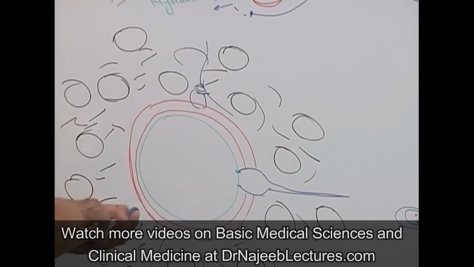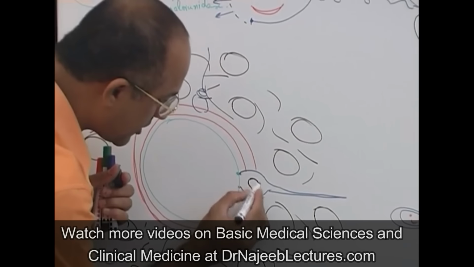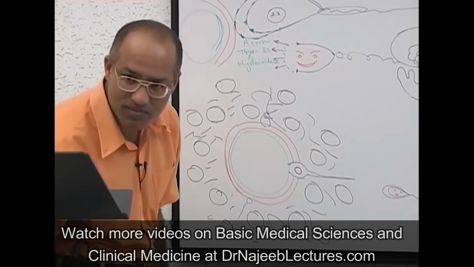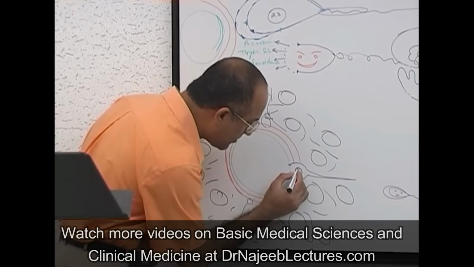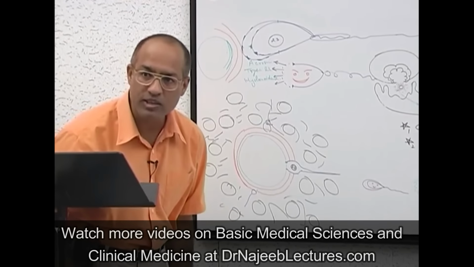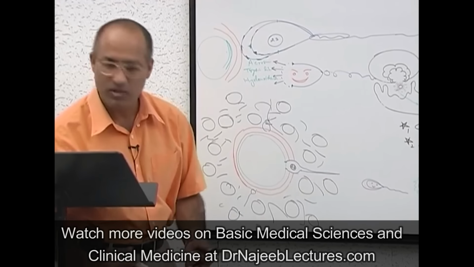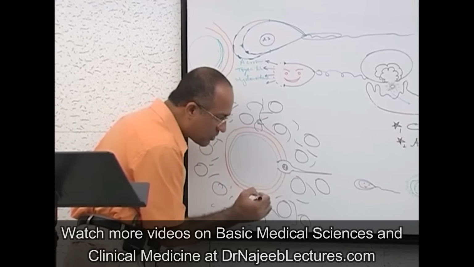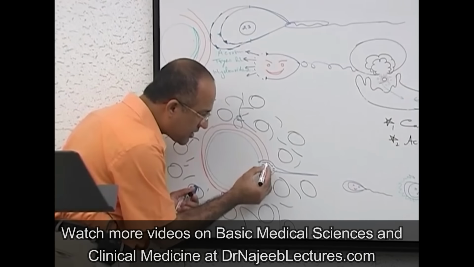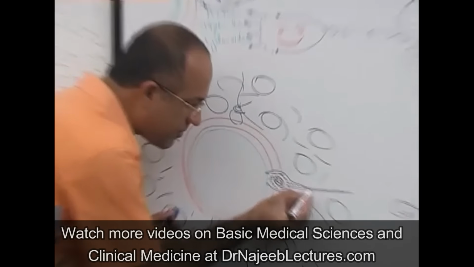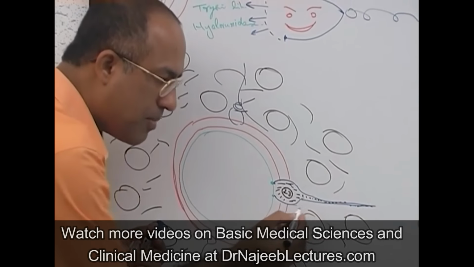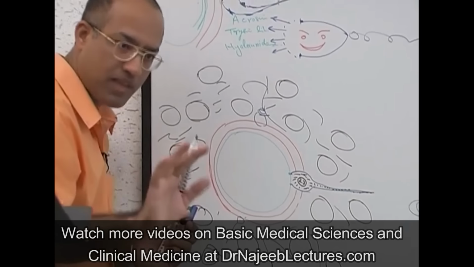And suppose this is the nucleus of the sperm having how many chromosomes? 23 chromosomes, right? Rather we should say 22 plus X or 22 plus Y, depending. Now, anyway, 23 chromosomes, and this is the substance of the what? Sperm. And blue is the cell membrane of the sperm. Am I right?